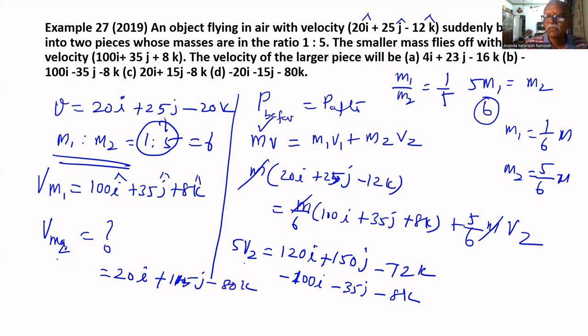That is equal to how much? 5V2. Therefore, V2 equal to 4I. If you divide this by 5,